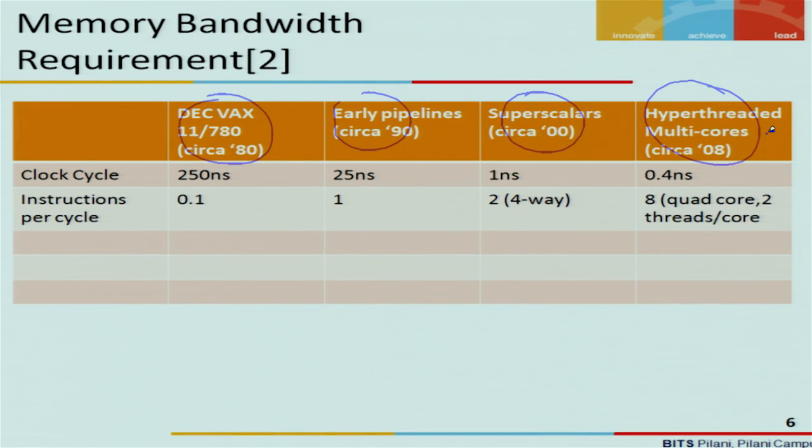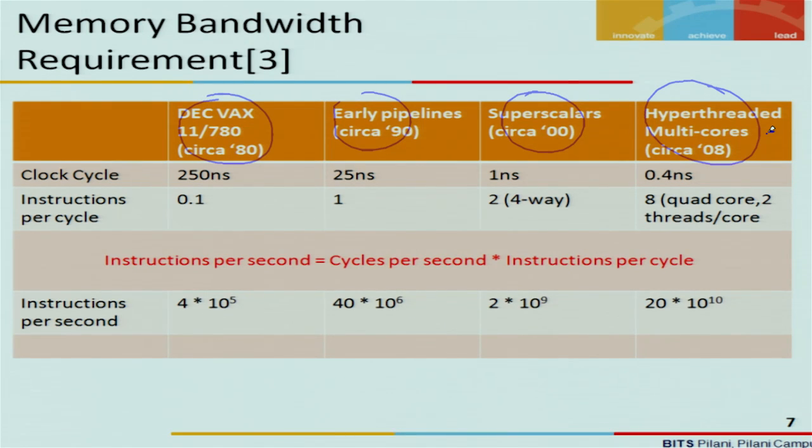So the number of instructions per cycle is also changing with respect to the number of machines, as shown here. Our interest is to calculate the instructions per second. If you multiply these two values, cycles per second and instructions per cycle, then I get the instructions per second. And you can see the maximum value is for the hyper-threaded multi-core